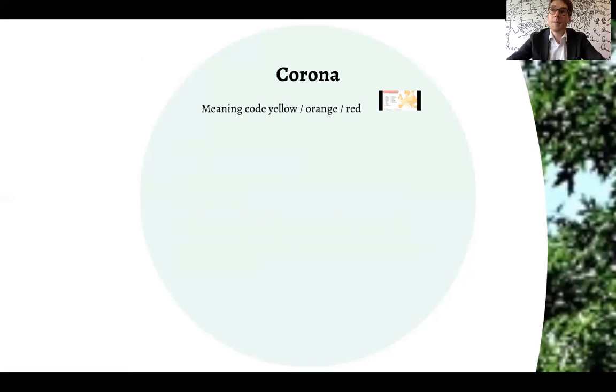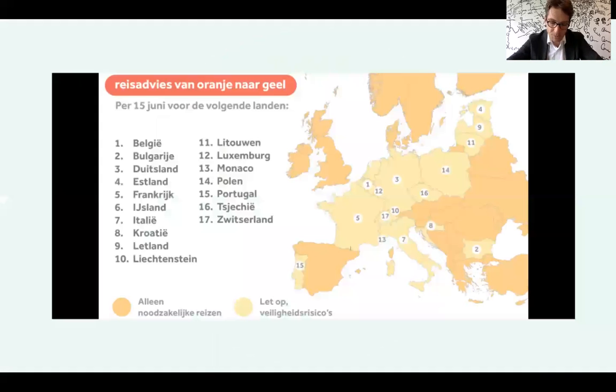First of all, in the news the last weeks, we saw a lot of items on countries that are labeled yellow, orange, or even red. So what is that? The government has assigned color codes to countries, and these color codes indicate whether there are any special security risks involved in visiting such a country. And this is not something that was brought up or thought about around COVID-19. This is something that was already in place and has, of course, taken special meaning and importance in the context of COVID-19. So there are 4 of them.